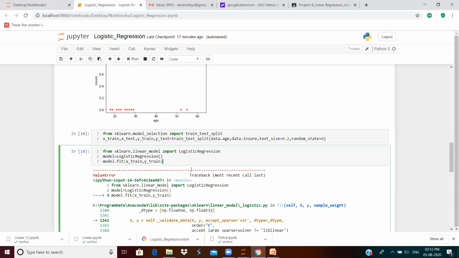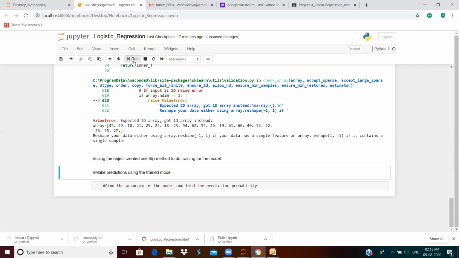It is showing some kind of a library error. I don't know, this is not getting imported properly. Just give me some time.